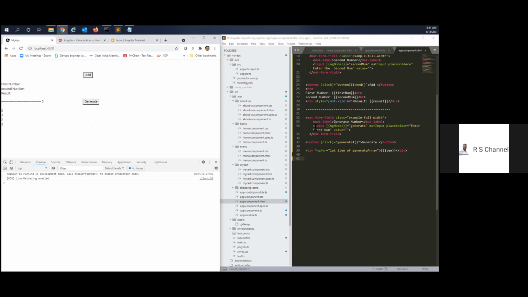So how is the program working? It starts from the HTML. Here, generate number, ngModel, we are binding to the generate variable. When the user types a value, a number, it goes into the generate variable and it is stored in the variable. Now this portion alone you explain with code, Rajesh. The generate function. So after the user enters the value, it is stored in the generate variable. That is done. Now next, as a user, you type a number and you go and click on the generate button.